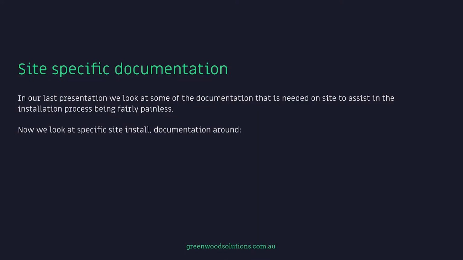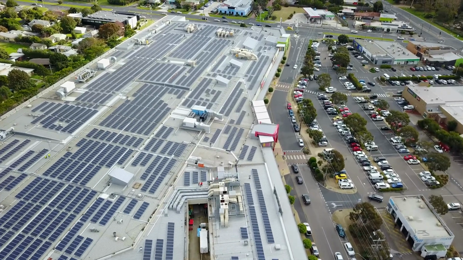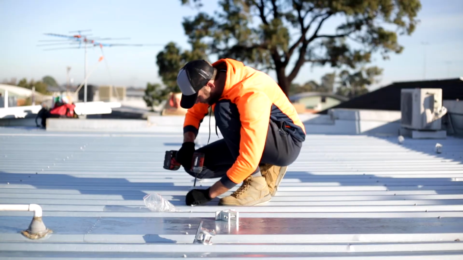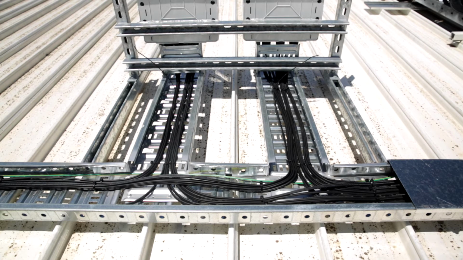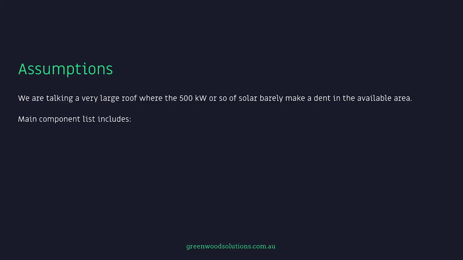In our last presentation, we looked at some of the documentation that is needed on site to assist in the installation process being fairly painless. Now we look at specific site installation documentation around the overall site plan, feet and rail placement, cable string configurations, panel positioning. We're talking a very large roof where the 500 kilowatt or so of solar barely makes a dent